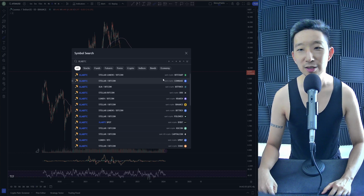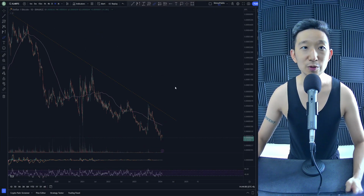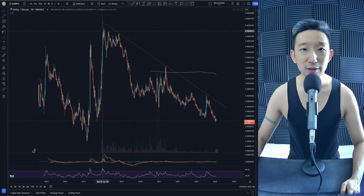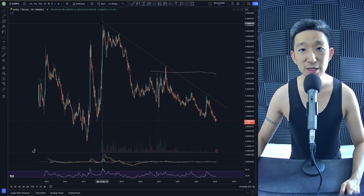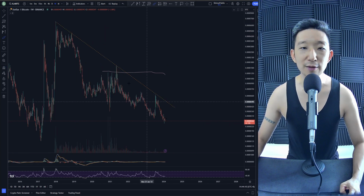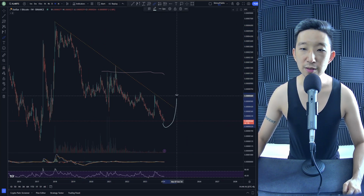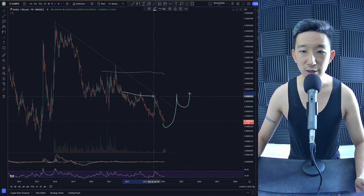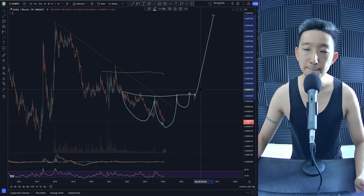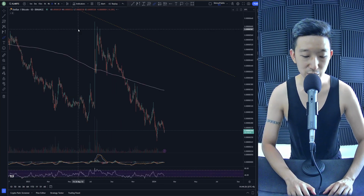Stellar Lumens, weak. It is so weak. For me, I will just move on from Stellar Lumens. It has been in a downtrend for a very long time. Its height was the December 2017 peak, and after that, it just keeps dropping lower and lower. No signs of life yet. We have not broken the resistance line. The moment we break the resistance line, we form maybe a clear bullish reversal, right? Inverse head and shoulders: left shoulder, head, right shoulder, pump, we break out. That would be awesome, but I just don't see it yet, so be careful about rushing to a trade for